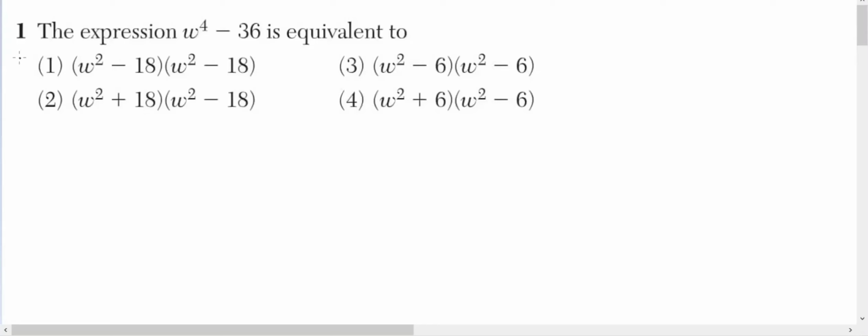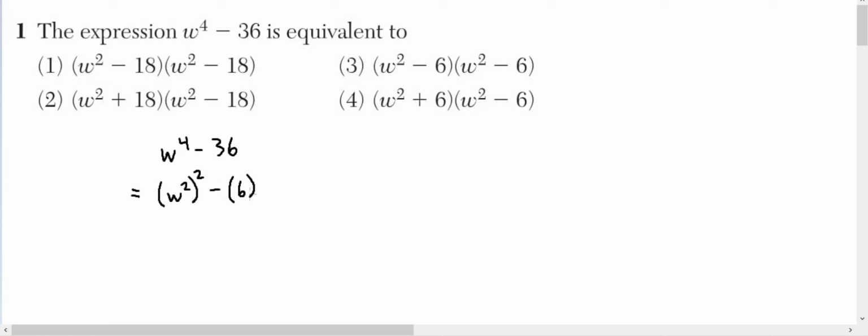Alright, let's get started with question number 1, which reads, the expression w to the fourth minus 36 is equivalent to, and then we've got a selection of different binomials involved. So probably the fastest way to do this would be to recognize that w to the 4 minus 36 is actually a difference of perfect squares. Specifically, it's the quantity w squared